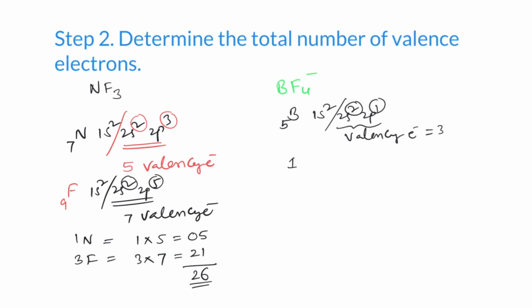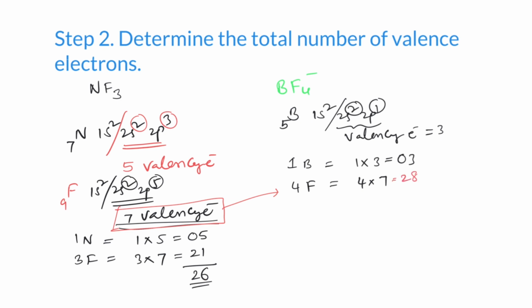So 1 boron we have, so 1 into 3 valence electrons, therefore 3, and we have 4 fluorine, each one has a 7, because I already showed here these are 7 valence electrons. Therefore we can say this is 28 electrons and one negative charge,